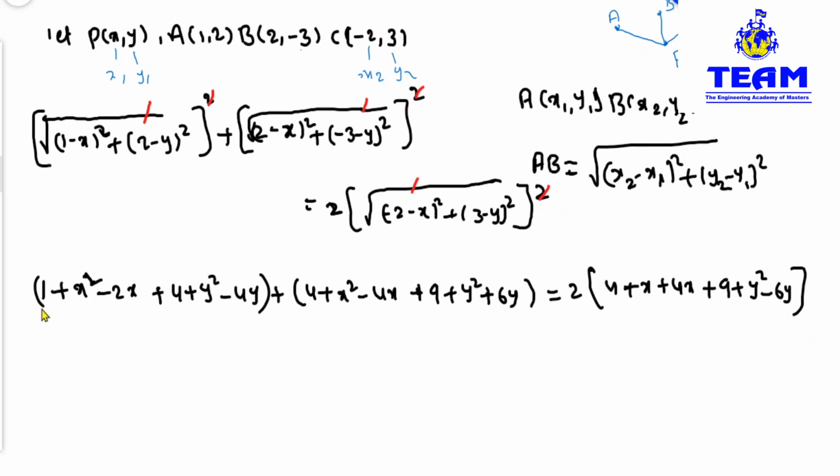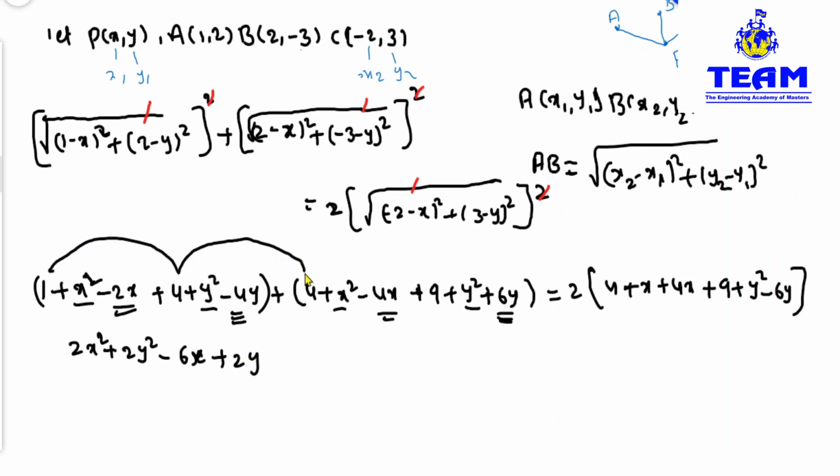Okay. Now you see friends, first we are writing the x square terms. One by one I will do step by step. Okay. Now first x square plus x square, that is x square. Y square again y square. X square completed friends. Now y square plus, only both are, so 2y square. Next this is minus 2x minus 4x minus 6x. Next items minus 4y plus 6y, so you can say plus 2y. Next constants what you have, 1 plus 4 5, 5 plus 4 9, 9 plus 9 18, plus 18.